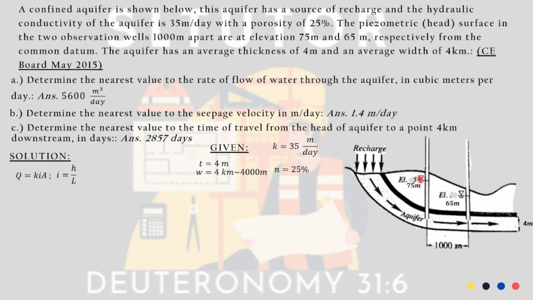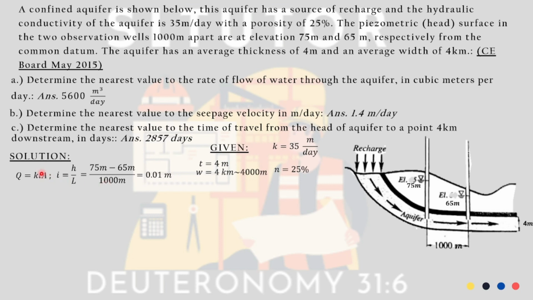Di ba meron naman ditong elevations? So, yan yung head loss, the difference between the two elevations. So, 75 minus 65. Ano yung length? Yung distance nila apart, 1,000 meters. Sige, solve natin to. 75 minus 65 over 1,000 meters, we can get 0.01